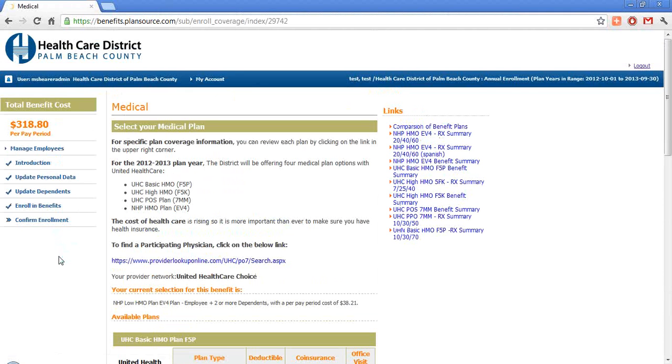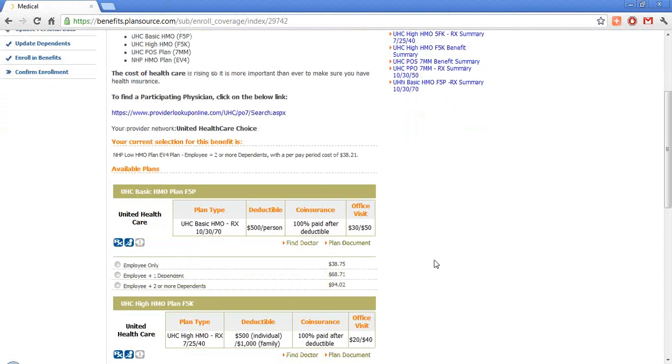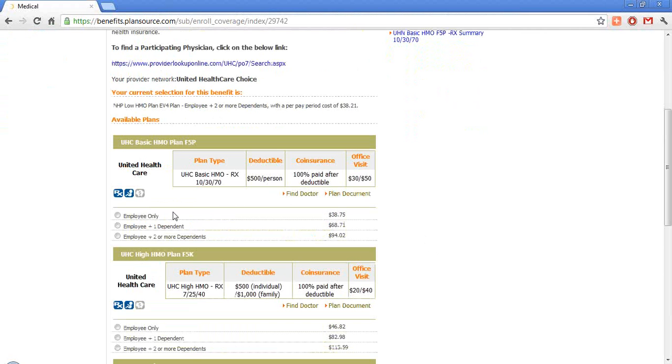And we're brought here to the medical plan and all of their options in there. So here we have some basic plan information at the top. We have the ability to find any participating physician. Off to the right-hand side, we can download and view any and all of the benefit summaries associated with the medical plans. And then down here below, we are able to see the actual plan information as far as the